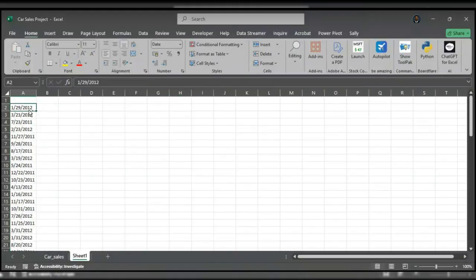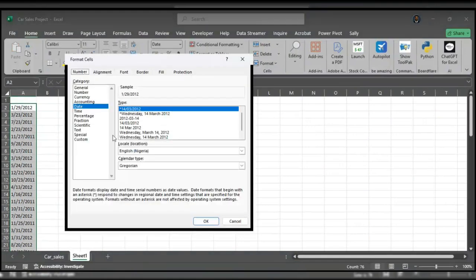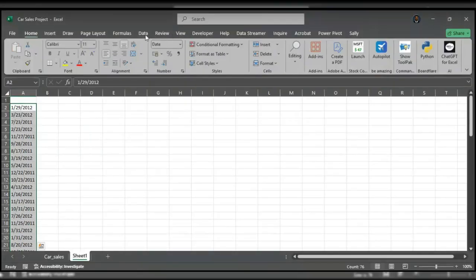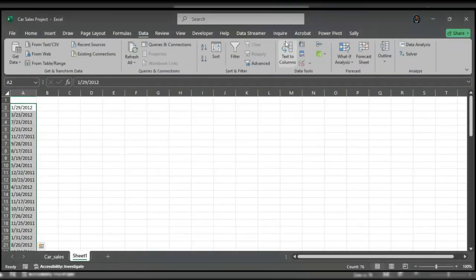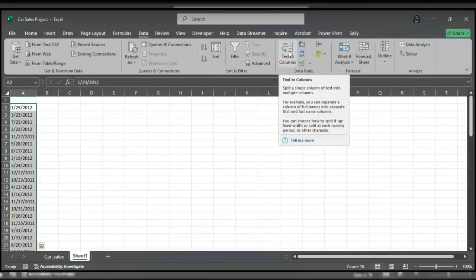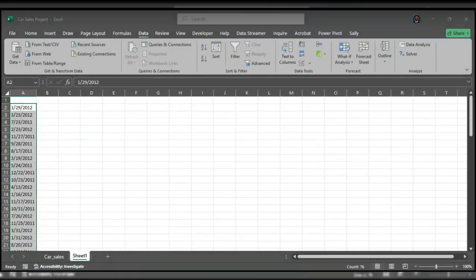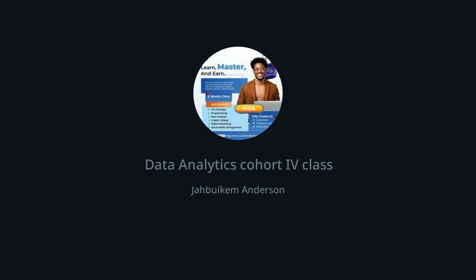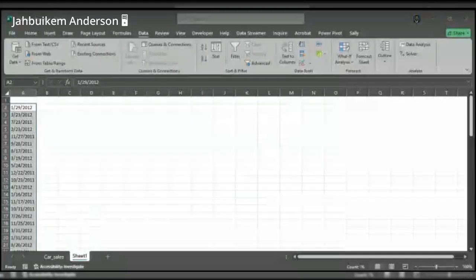So I'll come again and choose the Data tab, then choose Text to Columns once again. And here, I'm going to use the delimiter. So we are separating it with a forward slash